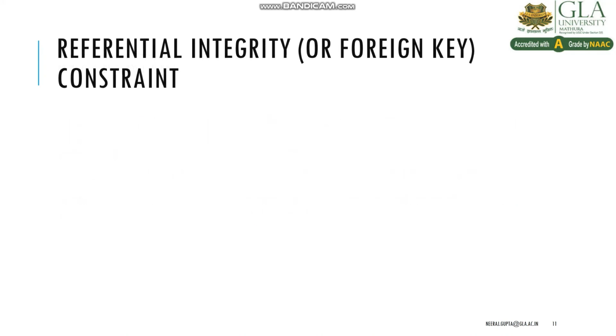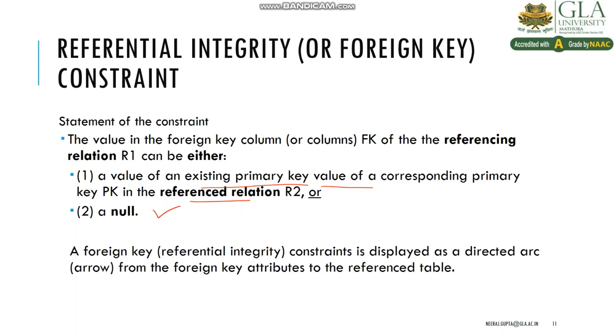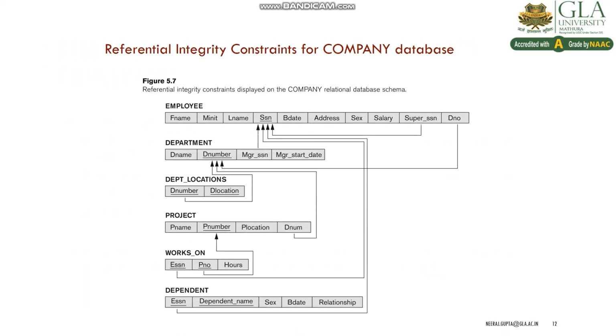Referential integrity constraints say that the value in the foreign key FK of referencing relation R1 can be either the value of an existing primary key in the referenced relation, or it can have a null value. So null values are also allowed in the foreign key. A foreign key constraint is displayed as an arc or arrow from the foreign key attributes to the referenced relation table. It is shown in this diagram that